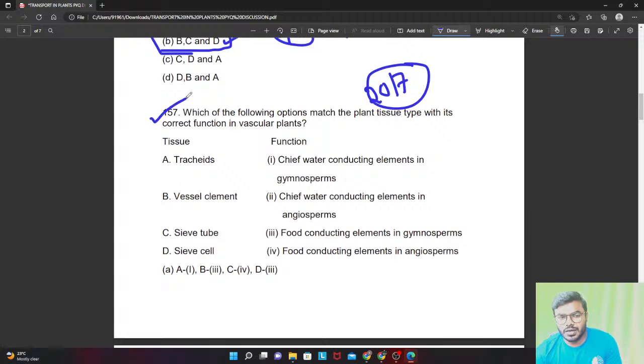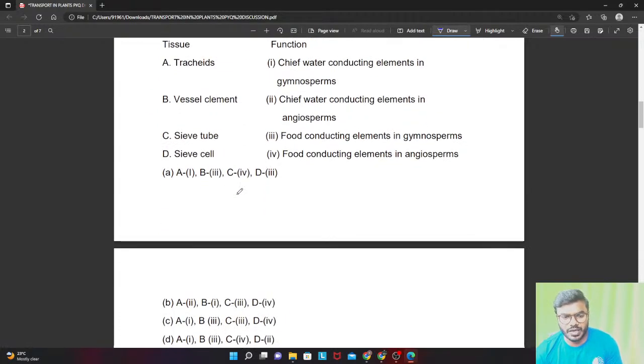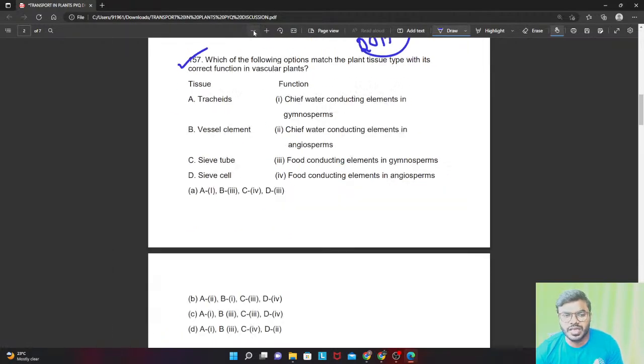2017. Same 4 marker question. I want every one of you to think and give me the answer. Do not hurry. Take your time. With common sense, you can tell me, friends. Slowly, slowly.